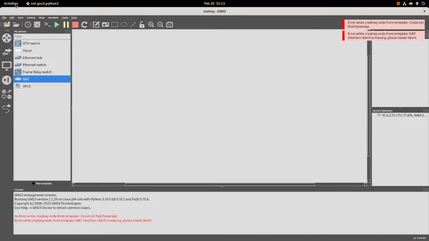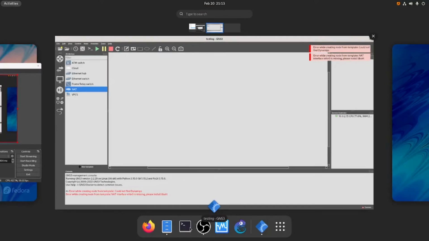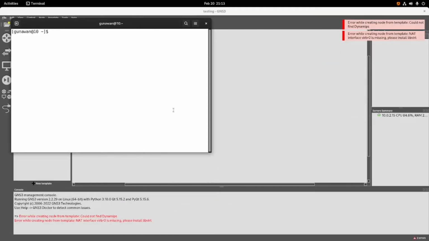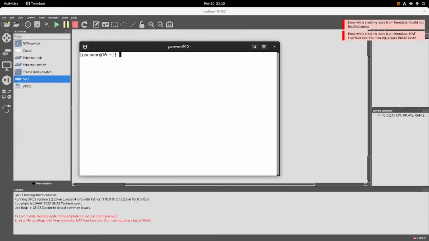Open your terminal. We will install Dynamips and libvirt. Please take note that Dynamips is a package located in the RPM Fusion repository. So before you install Dynamips, you need to check your repo list.